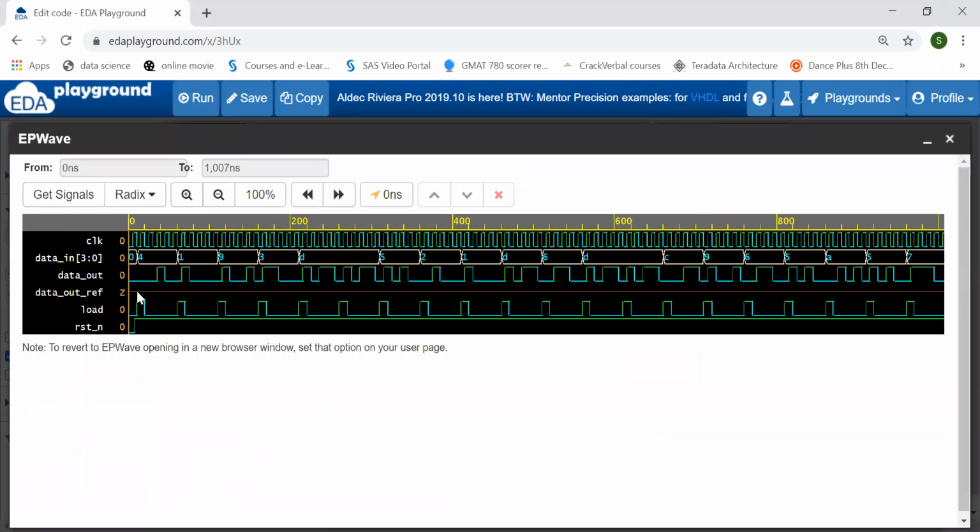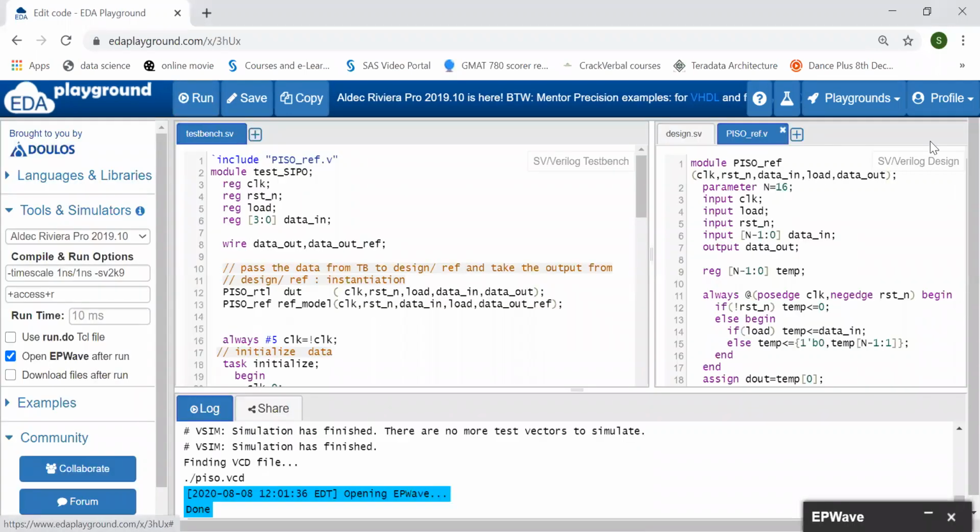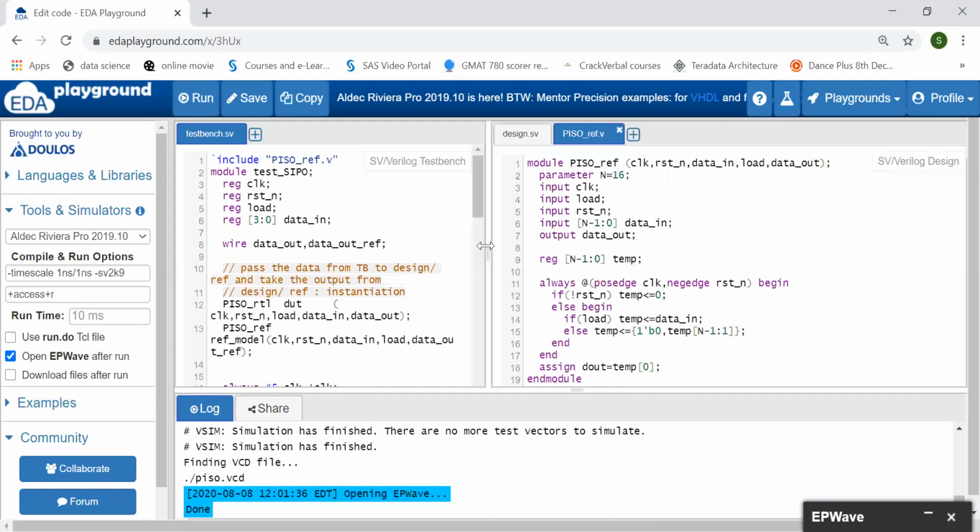Here data out reference is coming as Z. So a wire value coming as Z means I have not assigned anything to it. I may have forgotten or I may have written some other name, so that no value is assigned to it. Let's go here to data out. Okay, here by mistake I have written D out. So this should be data out.